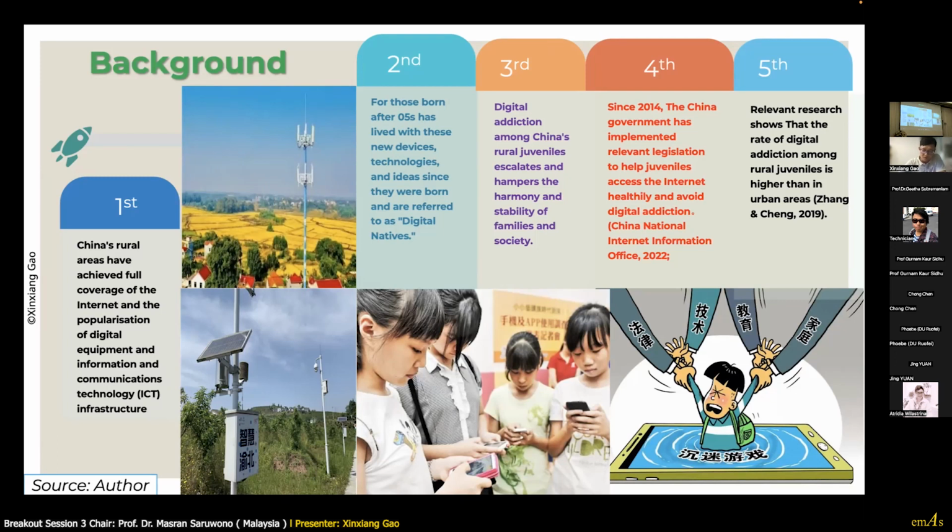To help juveniles use the internet healthily and avoid digital addiction, since 2014, China has implemented relevant legislation, and relevant research shows that the rate of digital addiction among rural juveniles is higher than in urban areas.